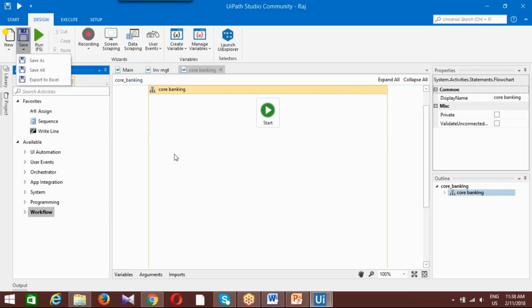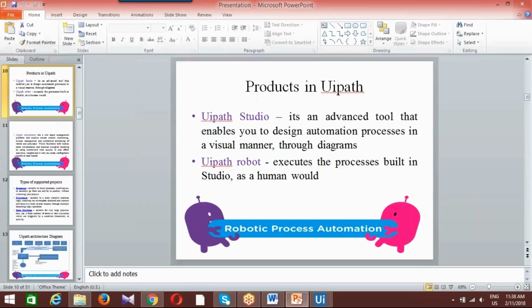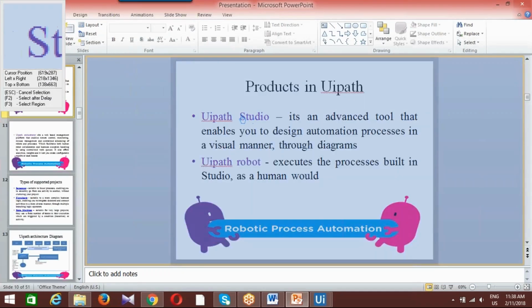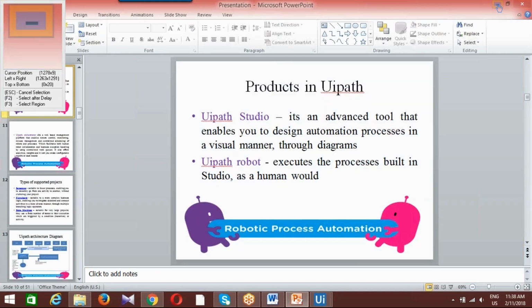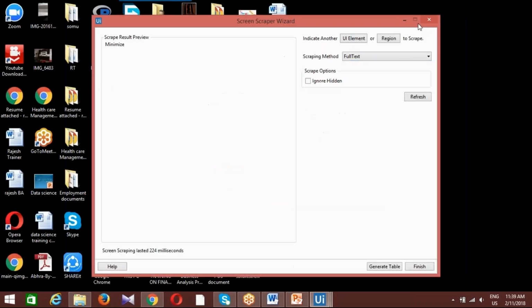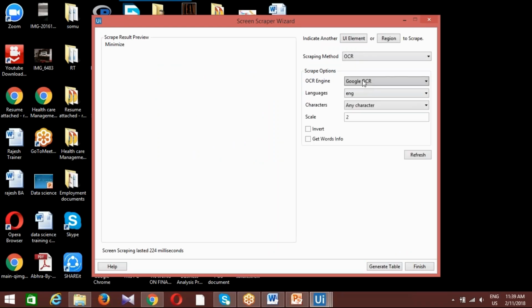You can save here itself, you can do recordings, and you can do screen scraping by identifying something. This is how screen scraping can be done. Whatever the screen has reflected so far, you can do the screen scraping activity here. You can do data scraping as well, whatever data of the screen you'd like to use. Understood? Are you clear? For example,